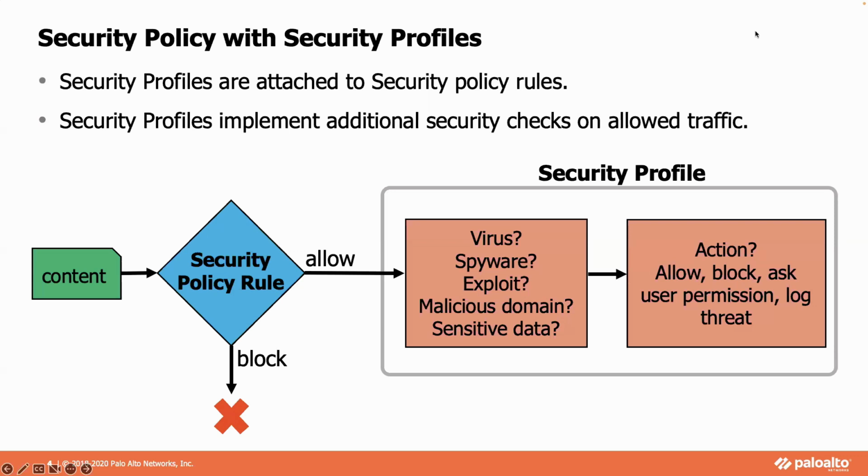If you add a security profile, let's just say an antivirus profile or URL filtering profile, to a security policy rule that has a deny action, well, it's not going to do anything. Is it going to hurt anything? No. Is it going to help anything? No. We're going to block that traffic as soon as we can, and we're not going to continue to inspect it once we drop it. So typically you want to add these to allowed traffic, to allow rules, but